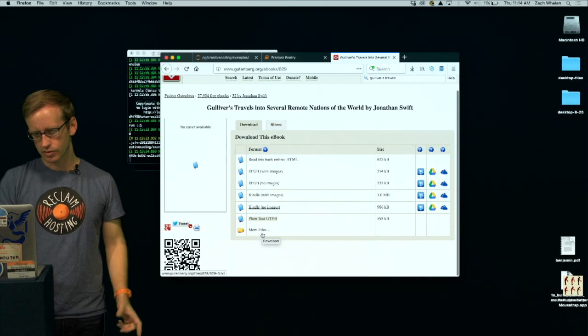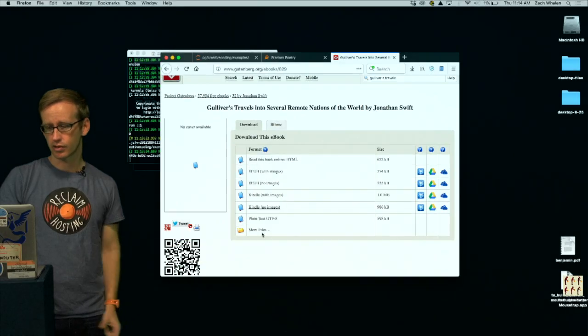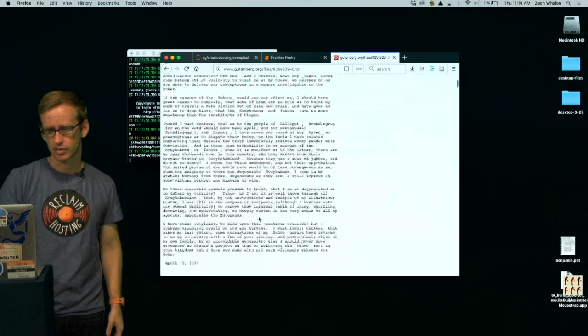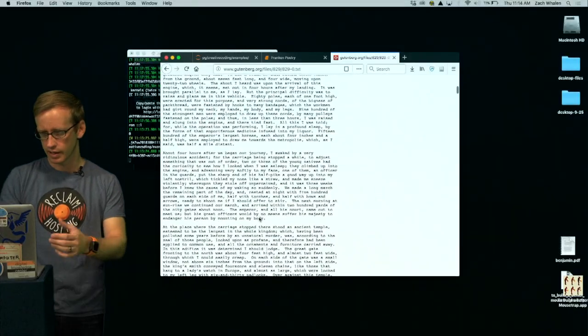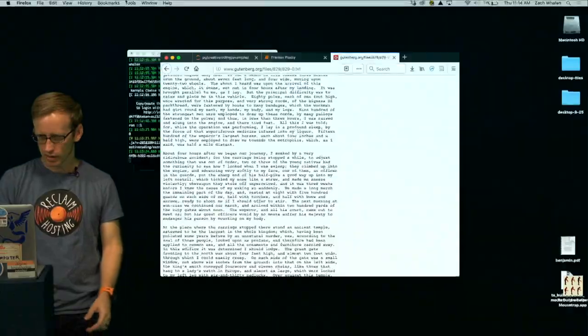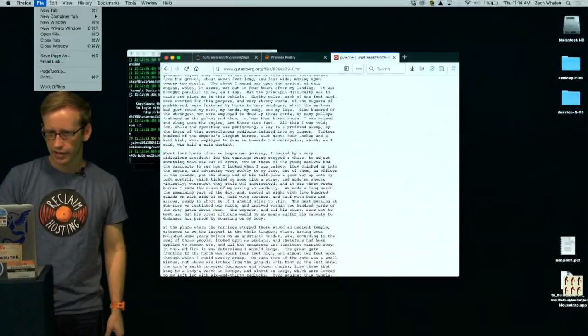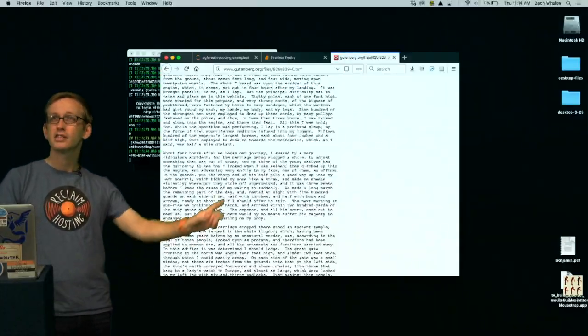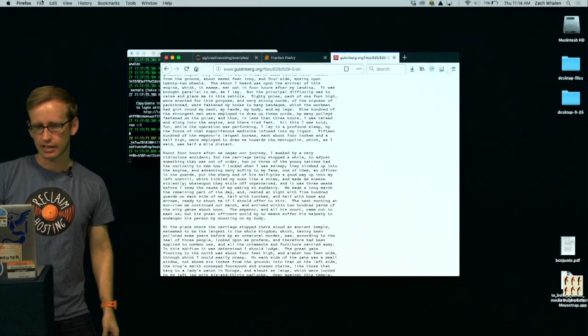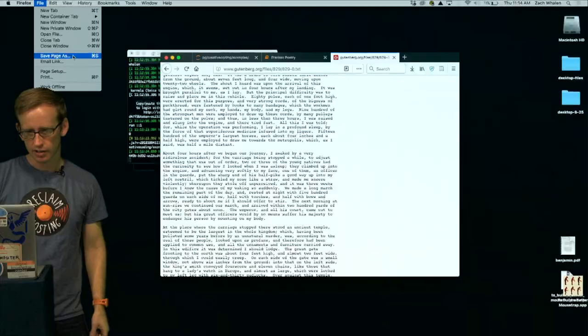There are different versions of a file whenever you look at it in Gutenberg. The one you want is plain text. You need to always be working with plain text, basically, whenever you're doing this kind of work with Python. It's much, much easier. So you want to save this file. Make sure that it's a .txt. You can see in the URL it ends in .txt. It doesn't matter the number, but it has to end in .txt to be an actual text file.